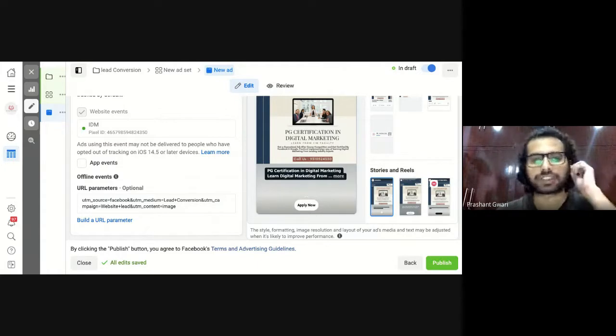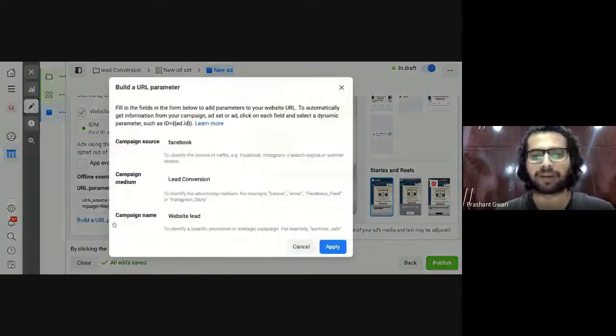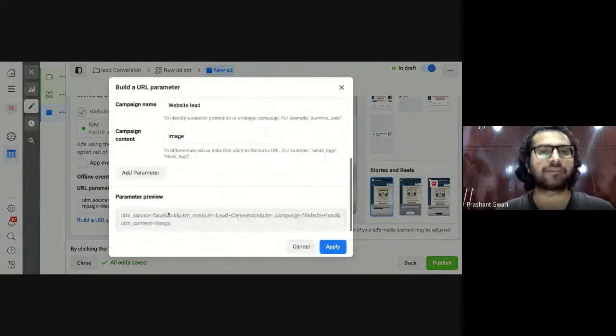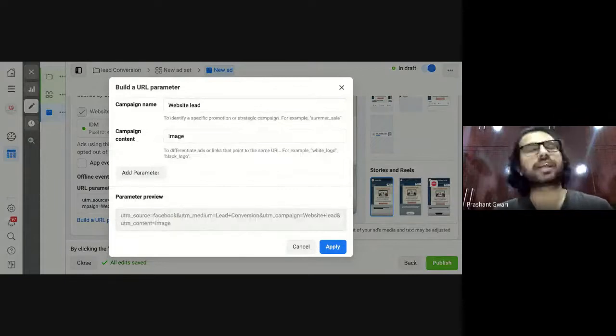So in the last part of the parameter, where I mentioned the image, in one campaign you will mention image, and in the second campaign you will mention video, and then you will go to the insights part and check which campaign is generating more conversion, the image one or the video one. So that will help you to decide which campaign to shut off and which campaign to carry forward.